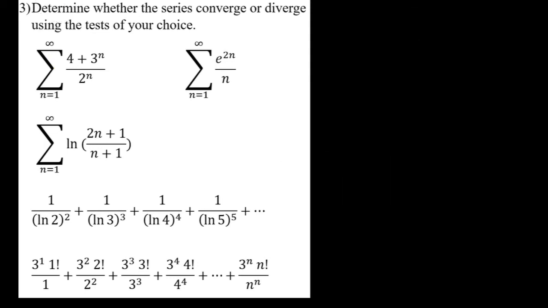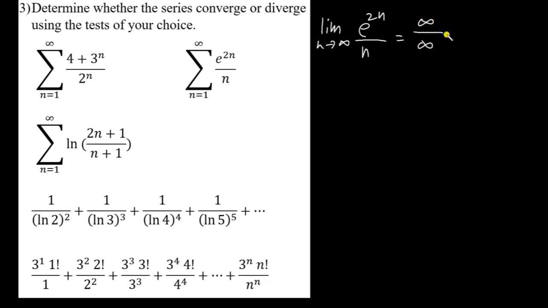Okay, so second one, the sum from n equals 1 to infinity of e to the 2n over n. So this looks to me like I want to use the nth term test, since I can see that I don't get 0 right away. I'm going to take the limit. So what I want to do is take the limit as n approaches infinity of e to the 2n divided by n. And if I do that, I will get infinity